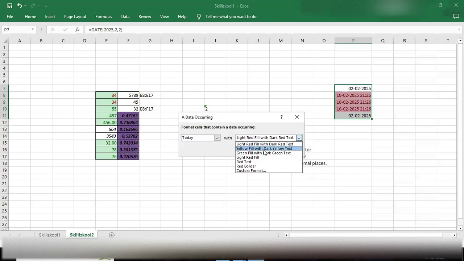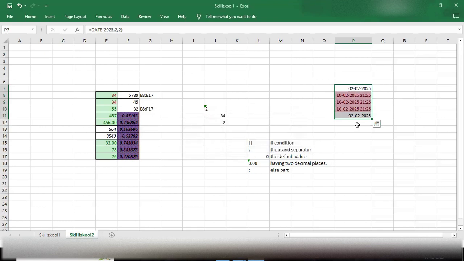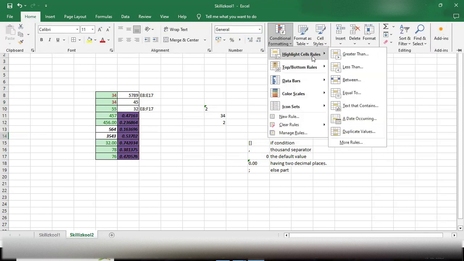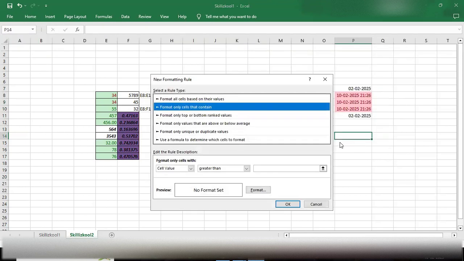Okay. And it will fill with red border, or I'll use light red fill with dark red text. Click OK. So these three are the values which are for the today. So you can highlight the values regarding the date. Using the more values, you can have many more different options, like format all cells based on their values, or